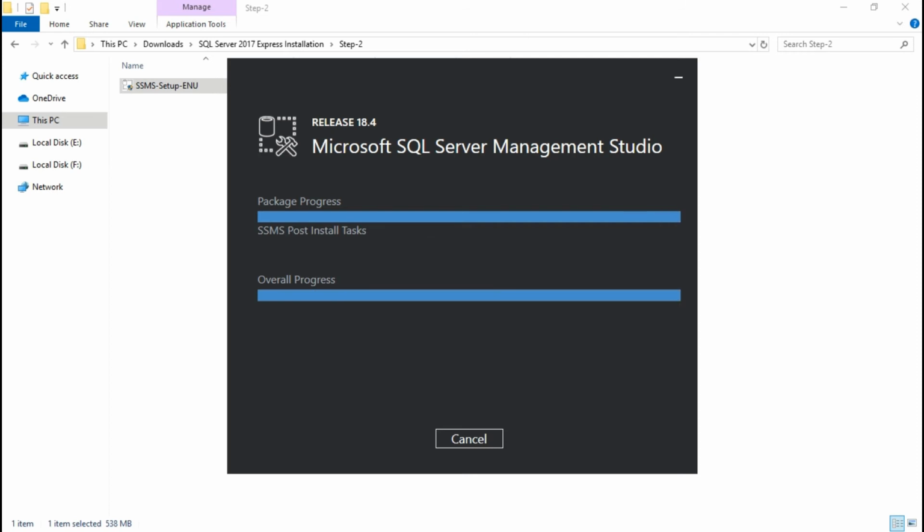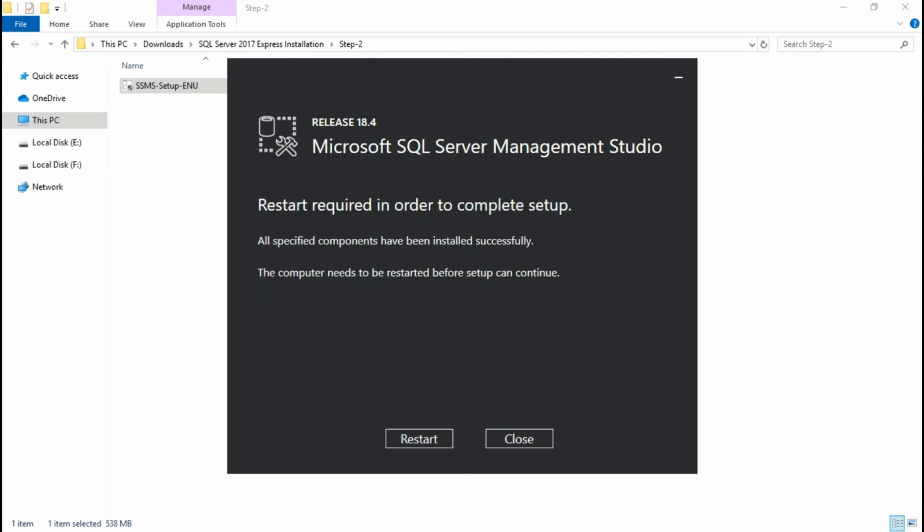This will take a little while to complete. You can see installation is complete and we need to close it, or you need to restart the machine and you will find SQL Server installed.